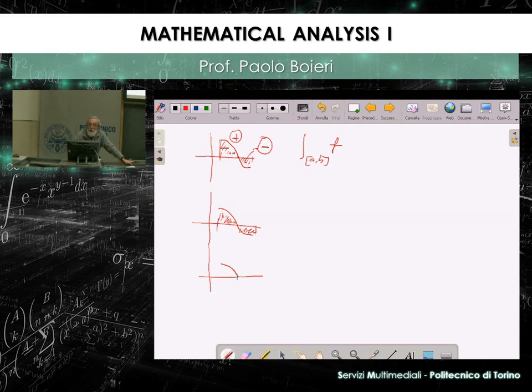For the negative, you need something that changes the sign. Okay? And then I have this important result. The area of the region included